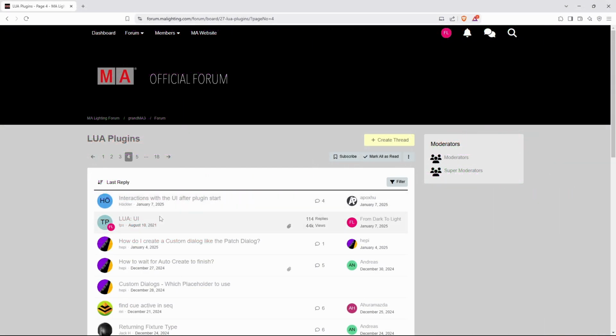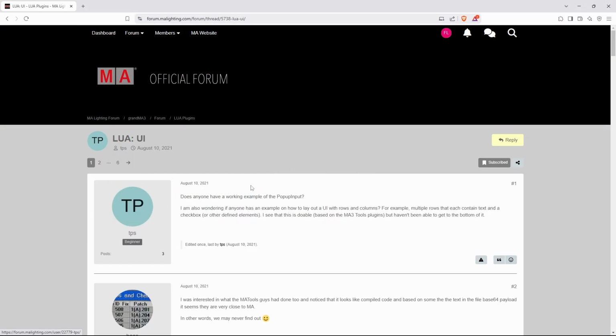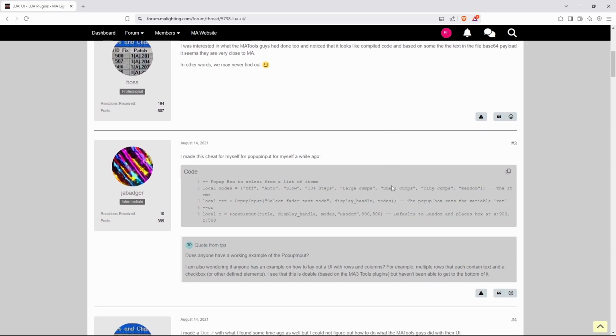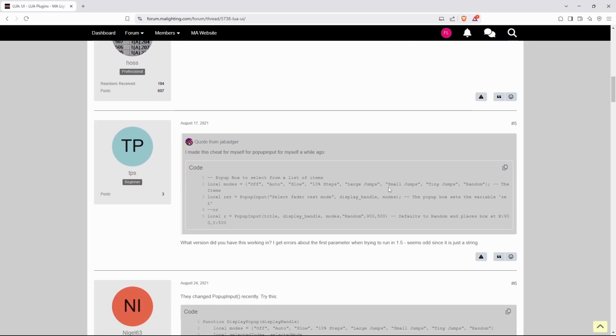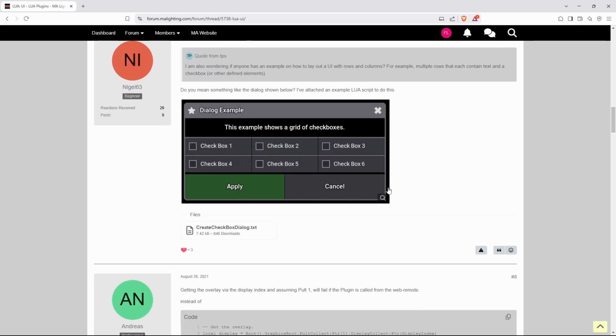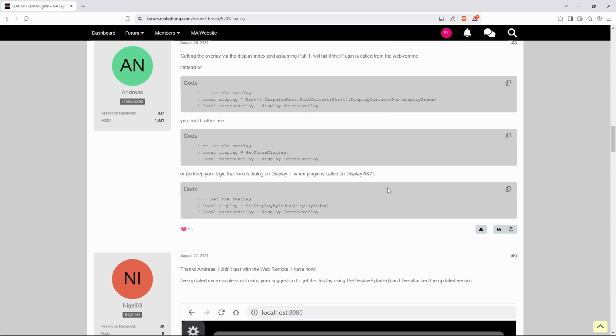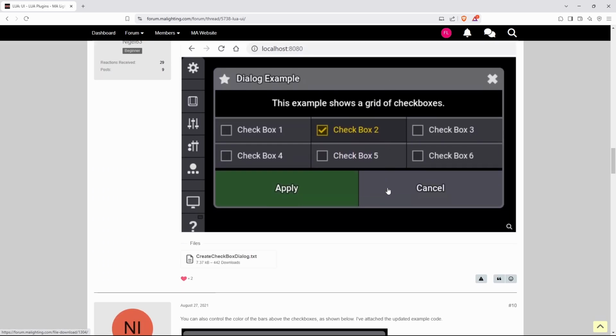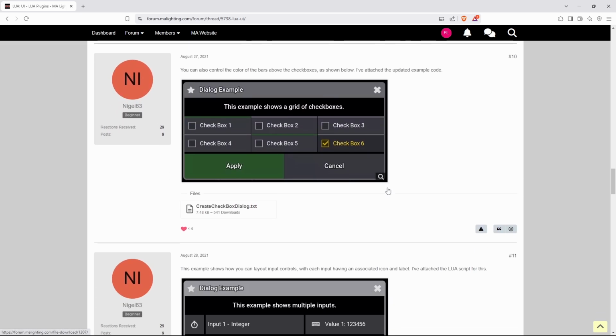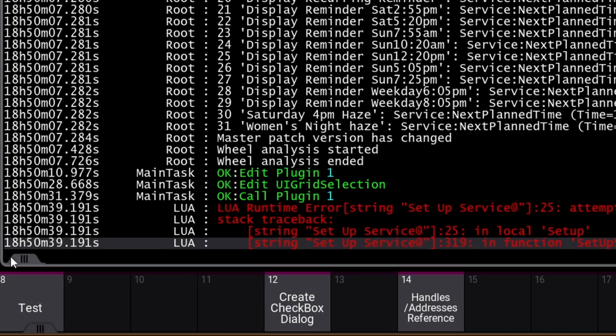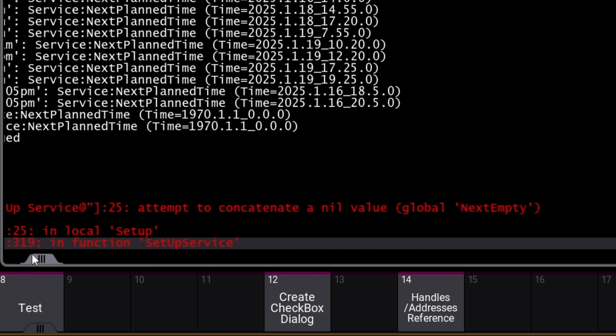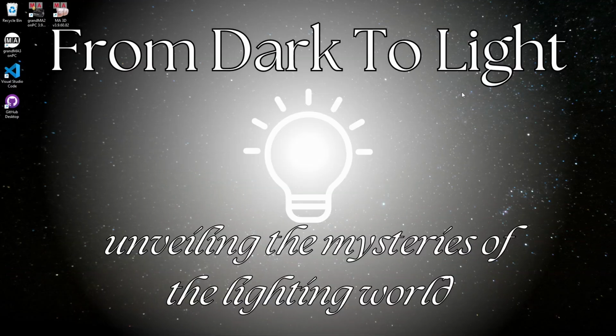Now I'm going to share with you a really wide overview of how I learned to make custom UI elements. There's a thread on the MA Lighting forum where some people were discussing them and several files got shared. I simply downloaded one of the most advanced ones and started playing with it. It took a lot of trial and error to learn how it worked, and in fact, right up to the making of this video I was still learning new things, and I don't know everything now. I doubt anyone ever could.